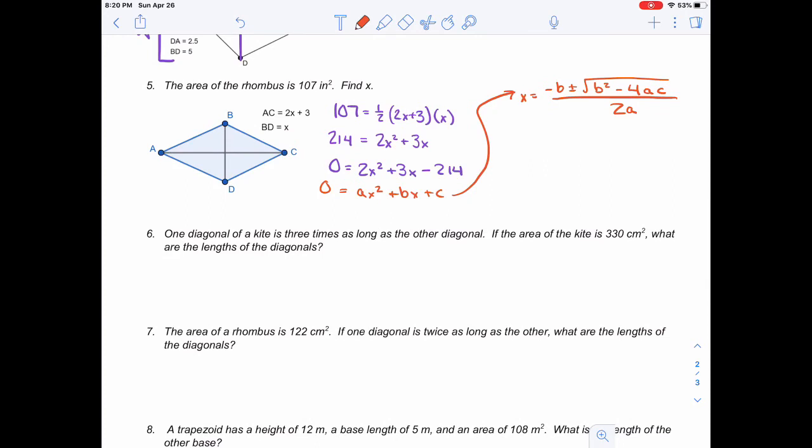So anyways, going back to this problem, we have x is equal to our negative b, in this case is going to be negative 3, plus or minus our square root of 3 squared minus 4 times 2 times negative 214. And again, that's all over 2 times our a, which is 2. So if you go ahead and simplify that out a little bit more, we're going to have x is equal to negative 3 plus or minus the square root of 1,721 all over 4. And then again, if we do the negative 3,